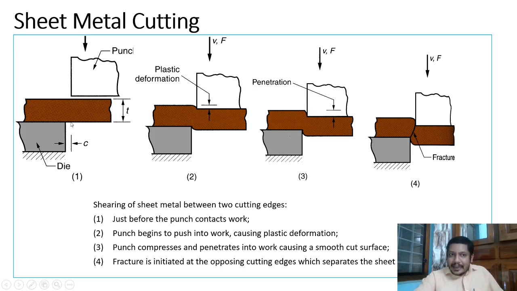At this area, you can see the applied force is more and the material starts to resist. Now at this point, if you try to move your punch back, the material may come back to its original position if it has not gone into the plastic condition. So by exerting more force, you can see that in between, fracture is taking place. Cutting the sheet into its required shape with the help of a die and punch, we call the cutting operation. The steps involved in the shearing of sheet metal are shown in the bullets over here. You can just read it.